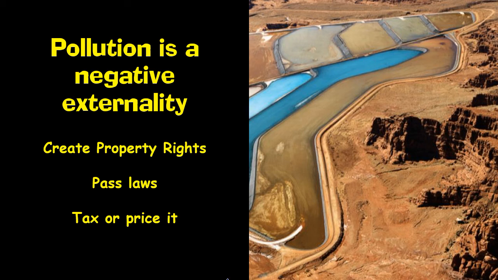Okay? So, pollution is a negative externality. Now look at the picture. Don't write down everything else. Just look at this picture. So this picture is a mine tailing pond. If you mine gold or you mine certain other metals, if you know how the world works, when the earth